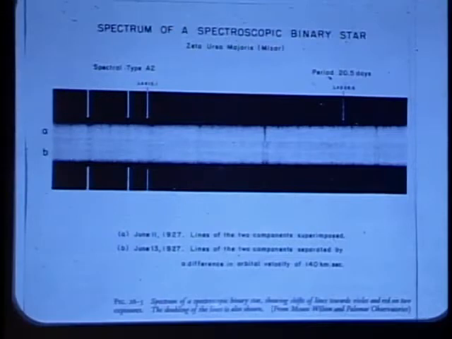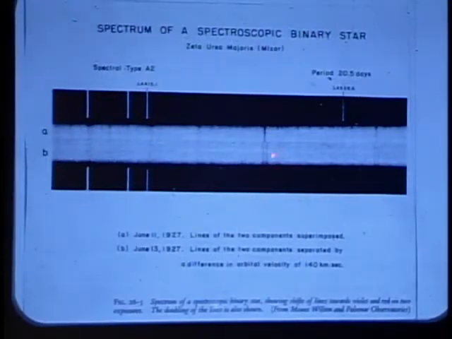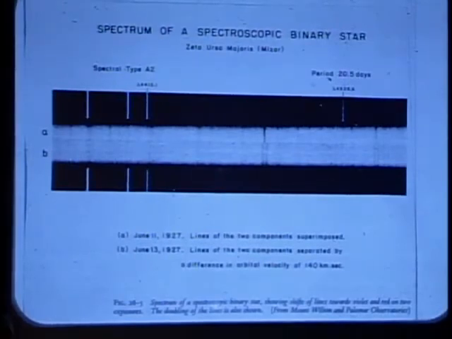That means at this very moment, both stars move relative to you at angles of 90 degrees, so you don't see any Doppler shift. But now look here, later in time, you see that this line has split in 2 lines, and this one has also split in 2 lines. Clearly, one component is coming to you, and the other component is moving away from you, and so you get all this useful information in astronomy by making the